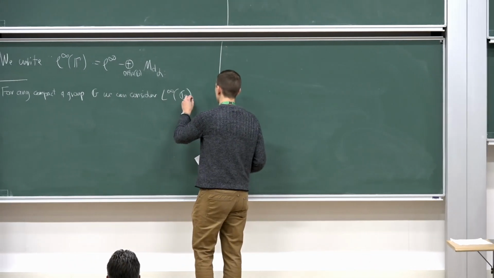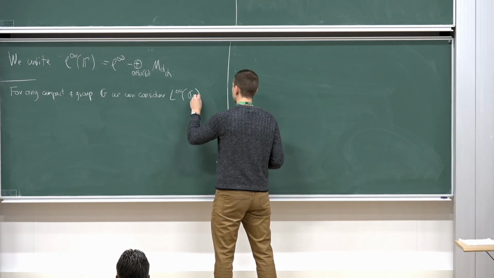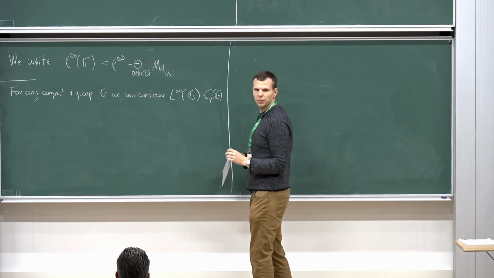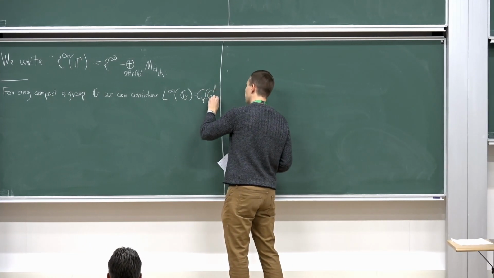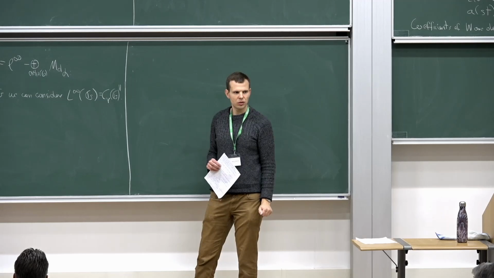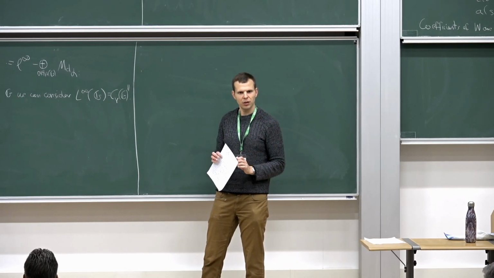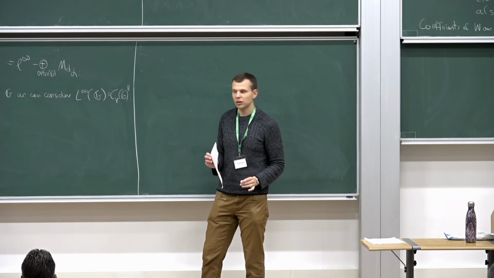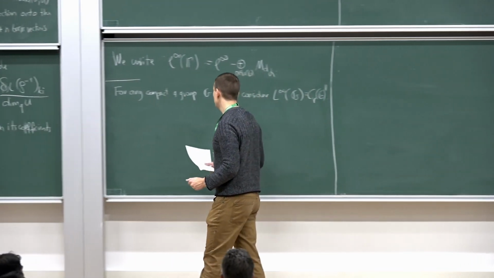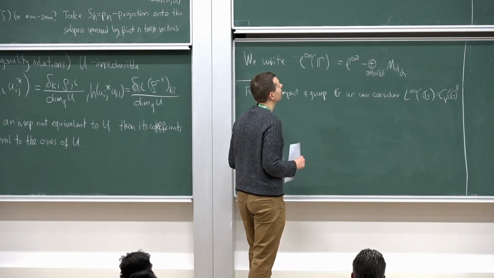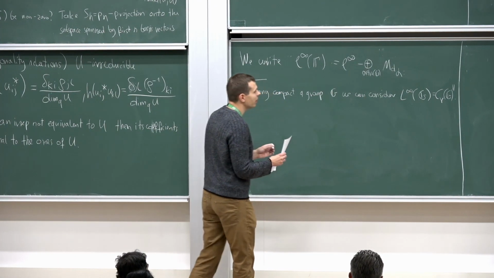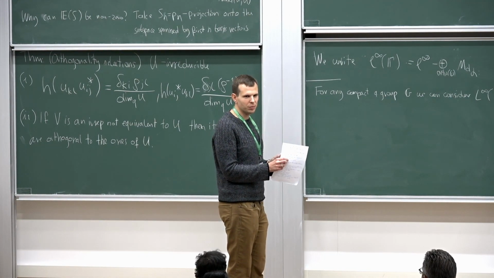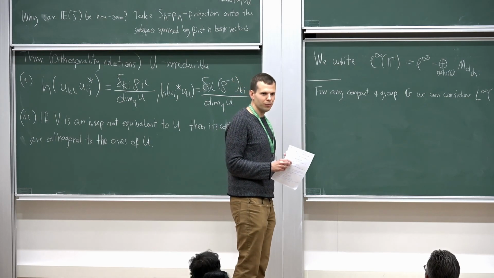This is related to what Mike said: you take the reduced one, which sits inside B of L2 of G, and you take the bicommutant. So you take the von Neumann algebra generated by this reduced algebra. This is the analog of the essentially bounded functions on your group. It has a measure, so everything is nice. And then what I want to claim is that we define representations on the level of C of G, but you can also define them using this L infinity of G, and it's slightly more useful for me right now.